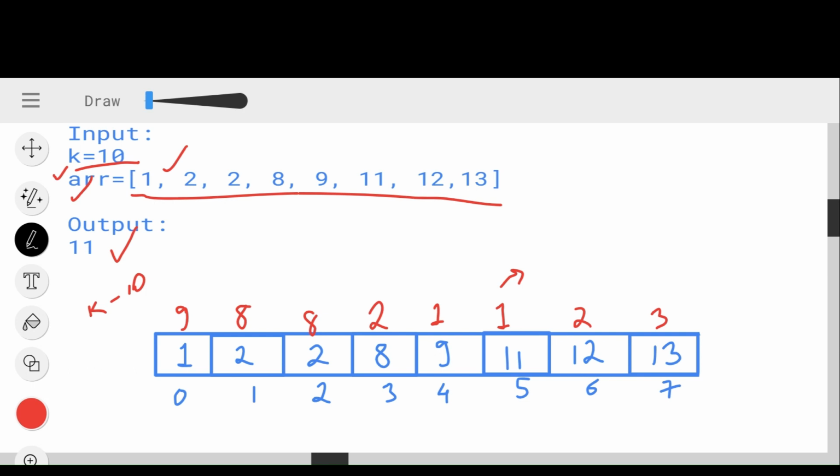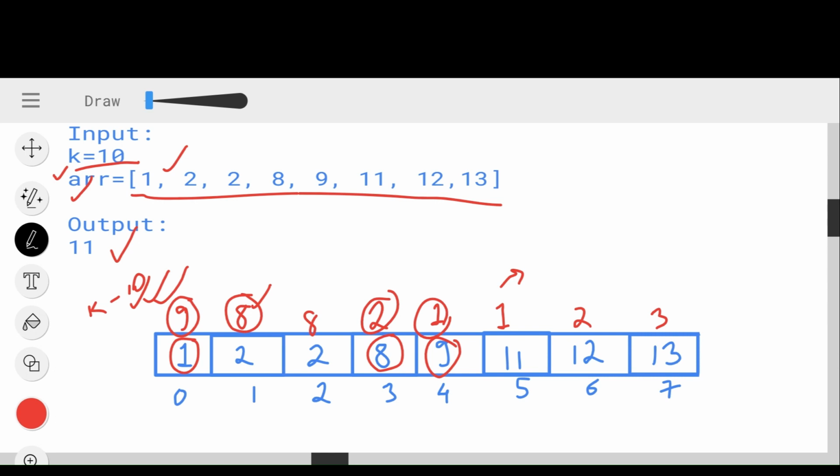So my 1 is 9 distances away from 10. My 2 is 8 steps away from 10. Similarly, my 8 is 2 steps away from 10. My 9 is 1 step away from 10.